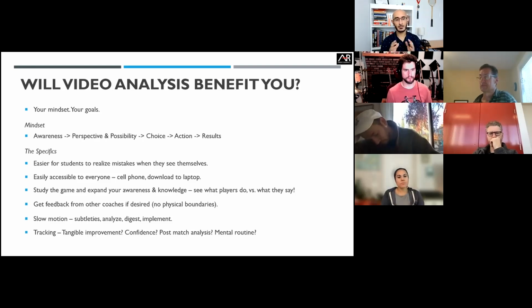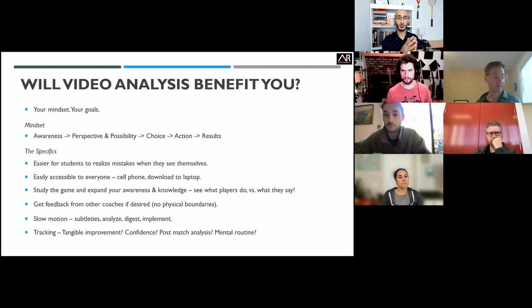And then from a tracking perspective, actually, video is really cool. So you can actually see a video of yourself or one of your students today, and then 3 months from today or 6 months from today, and then you have a tangible way to measure progress, which normally you can do through some drills where you can look at target hitting, how many can I hit in a row, etc. But the video gives you that visual cue of, hey, I've been working on this technique. Is it looking better? Is it more consistent when I actually see it today versus 3 months ago? So that's one thing.